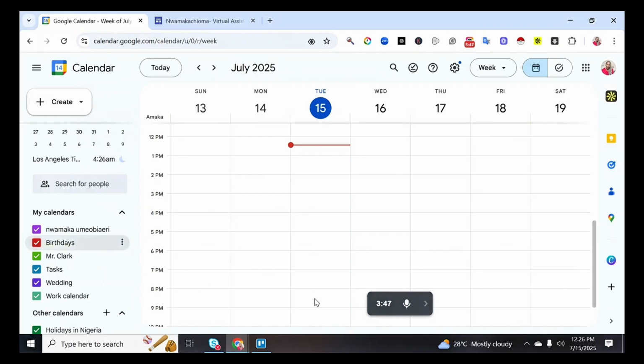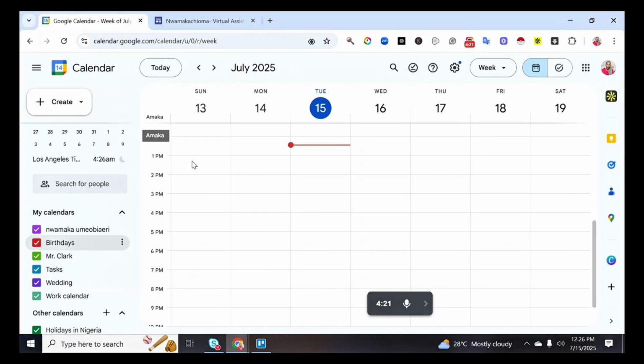Now, the next thing I would love us to learn is how to add multiple time zones. This is my own time, my West African time. When I'm working with a client who lives in the US, which is Pacific Standard Time, I would like to bring their time zone here, so that whenever I'm scheduling a meeting with them, I will know which time the meeting falls for both of us. What time it is in their area or their time zone, and what time it is for